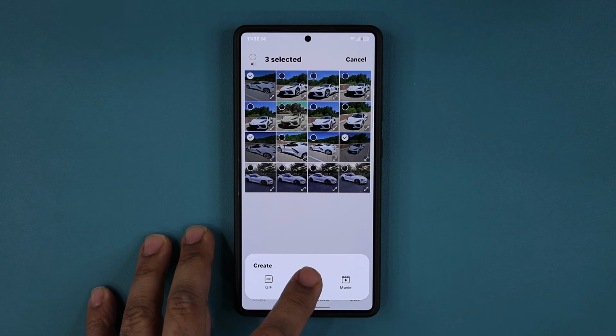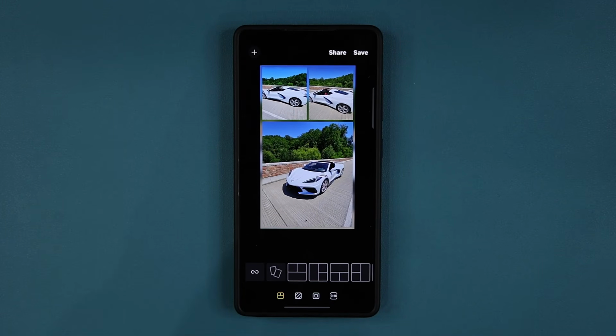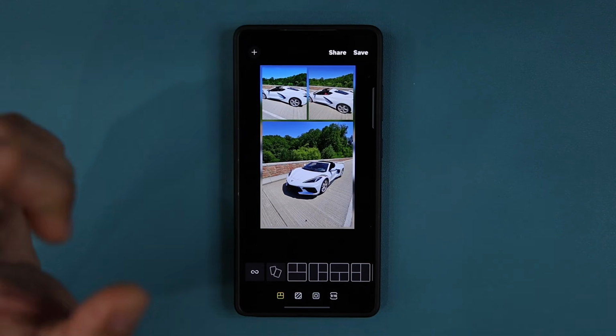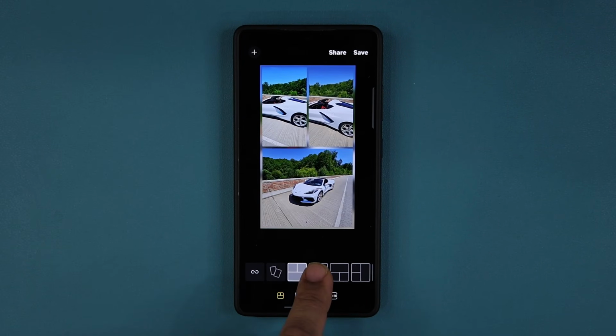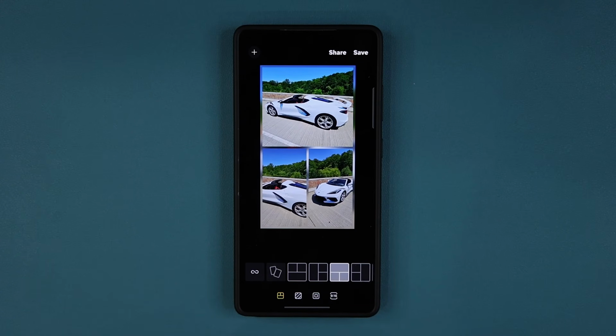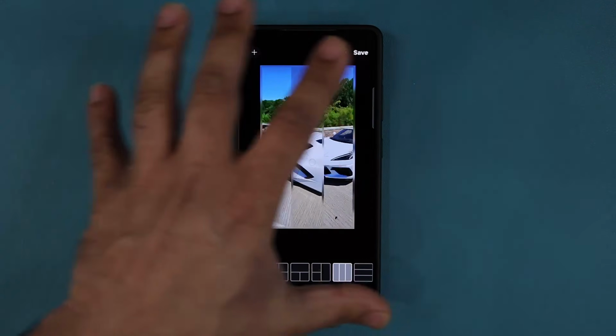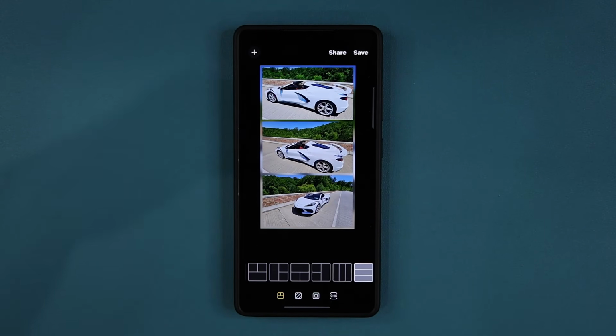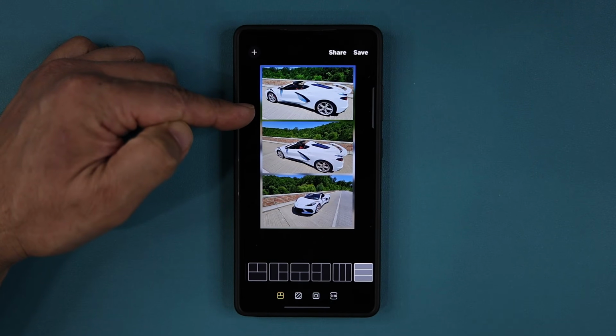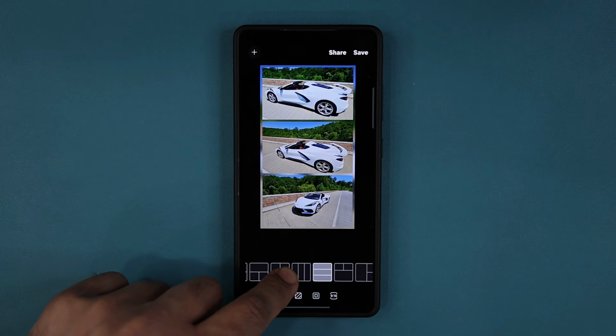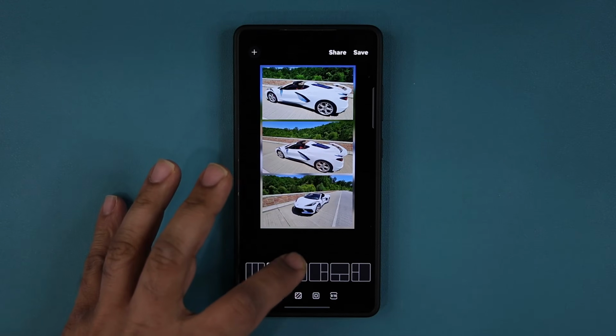So when you tap on this guy, it brings up this menu. From here, you have these preset options. You can see I can create different types of effects to showcase 3 pictures, 4 pictures, whatever. Here's a good one right here. But what I do want to show you guys is when you do create a collage, let's do this one